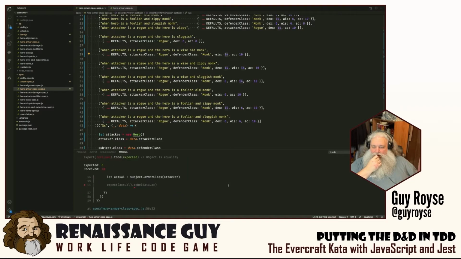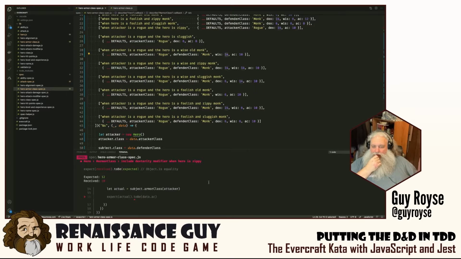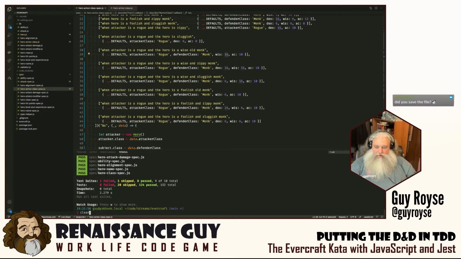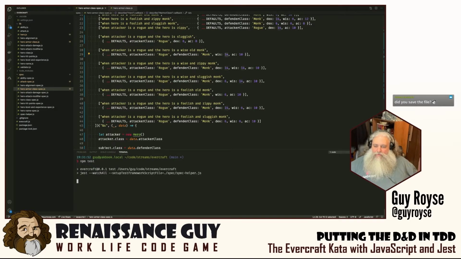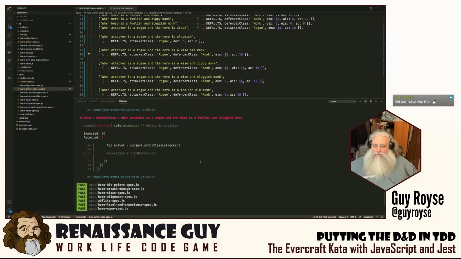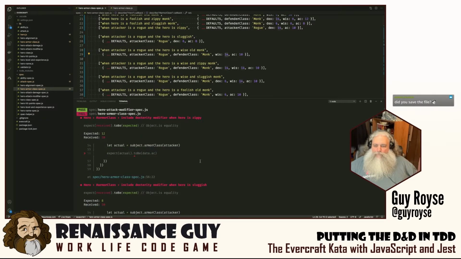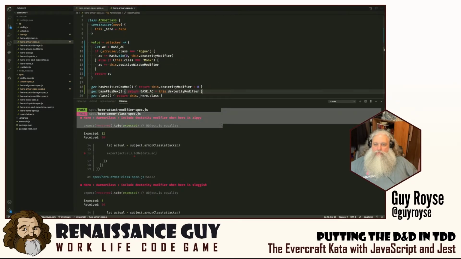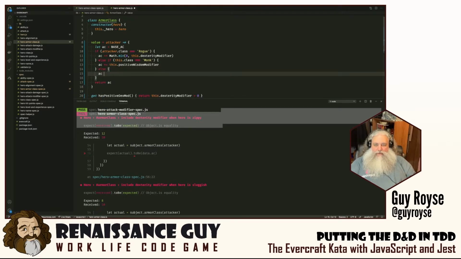Let's find the first one. Really? That one's failing? That can't be right. Let's quit this. Clear. Run it again, just so I can see what's going on. Include dexterity modifier when hero is zippy. Okay, so... else... AC equals...